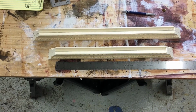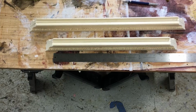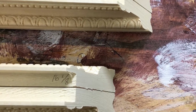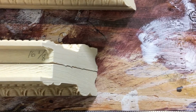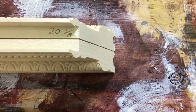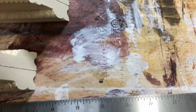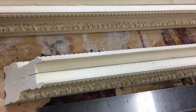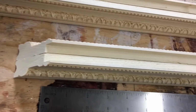Sides 16 1/8 by 20 1/8. There's that one, 16 1/8. And here's this one, 20 1/8. And I've measured them. They're both flush on the ends. This one, you feel no difference there. Same thing on the other end. They're perfectly flush. They've all been measured at